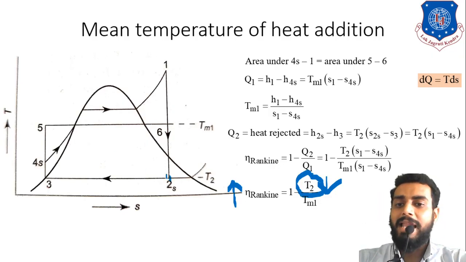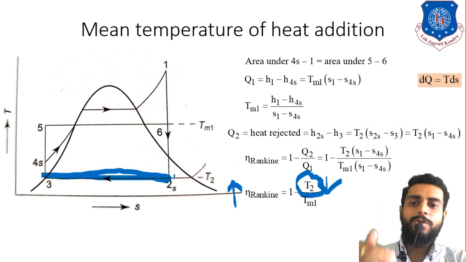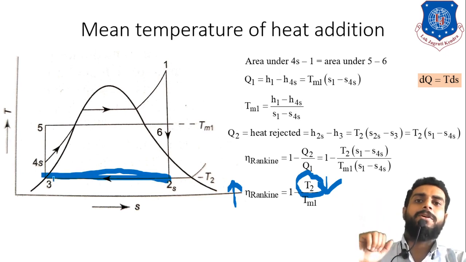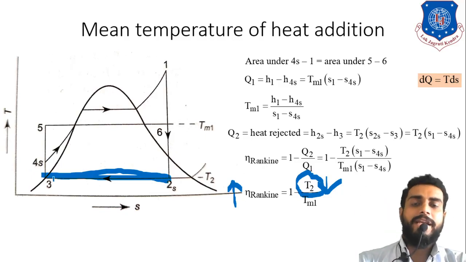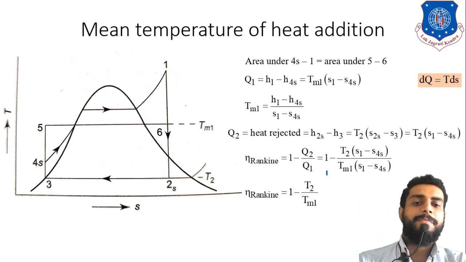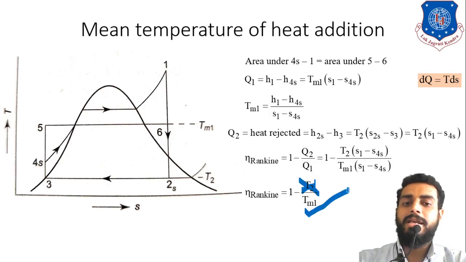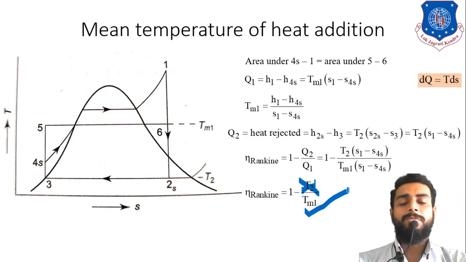So this line which is plotted on the TS diagram has a limitation: you cannot plot this line beyond a certain limit, because the practical atmospheric temperature cannot fall below a certain temperature range, right? So that is the fixation of the heat rejection temperature. That means our heat rejection temperature is fixed. So the only dependent parameter for efficiency is the mean temperature of heat addition, because T2 is fixed now, as practically you can go only down to atmospheric temperature.